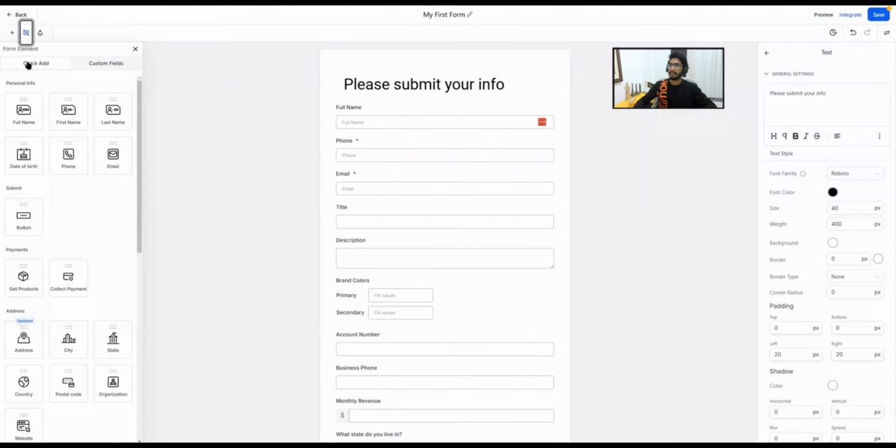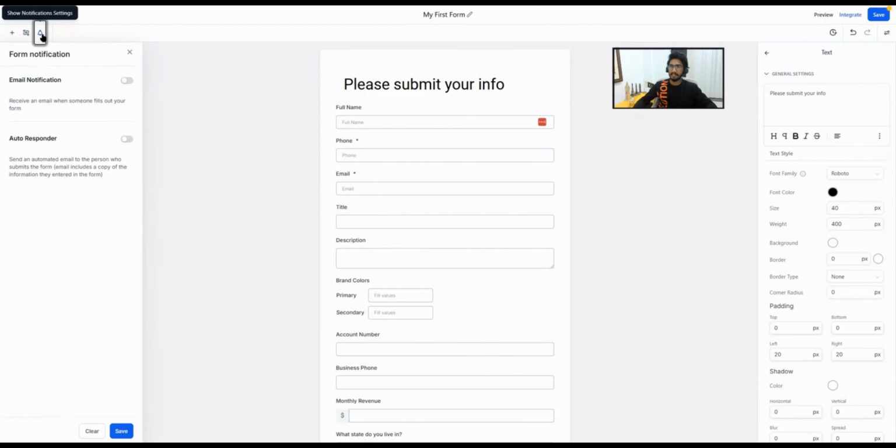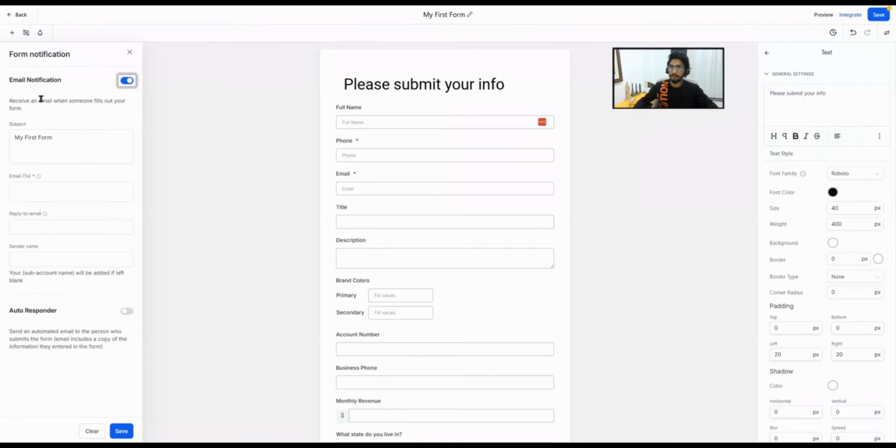Let's go back, and here we have the notification settings. So what you can do is, as soon as this form gets submitted, you can send a notification to yourself or to your manager who should look into this lead. You just have to turn on email notification, and receive an email when someone fills out this form. Then you can type a subject line here and then whoever you want to send this email to, for example,